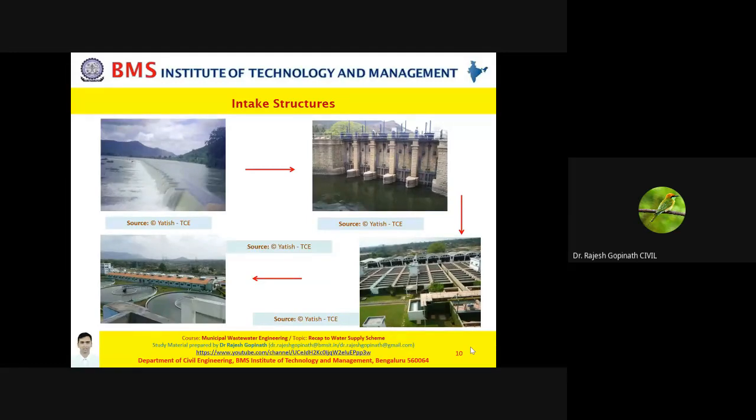Now, the image what you see on the screen is with respect to transferring water from Kaveri. Okay, the second image, the first one is your Kaveri River, Shiva Anicut. The second image what you see is your intake structures. The third image what you see is your water supply scheme, that is the different treatment units. The fourth image what you see is a bloated image of the same.